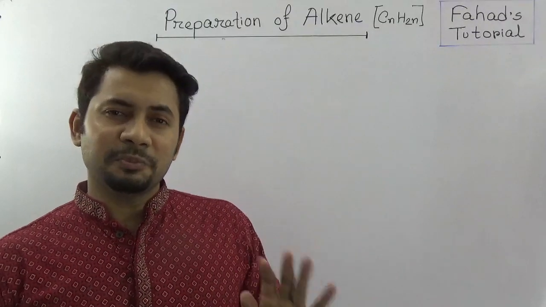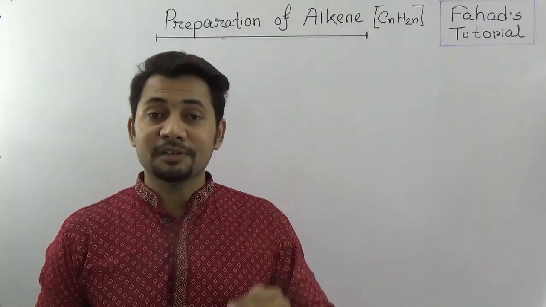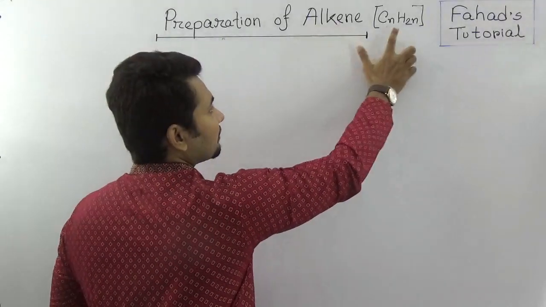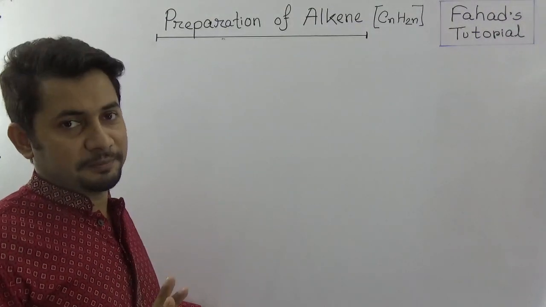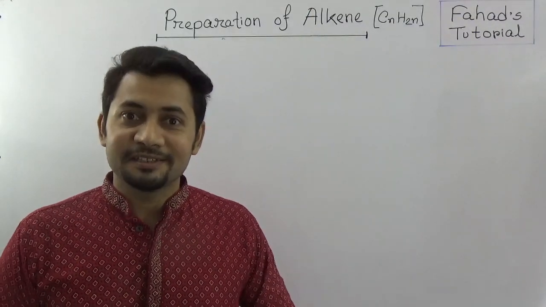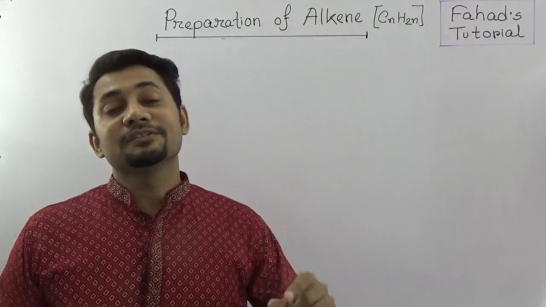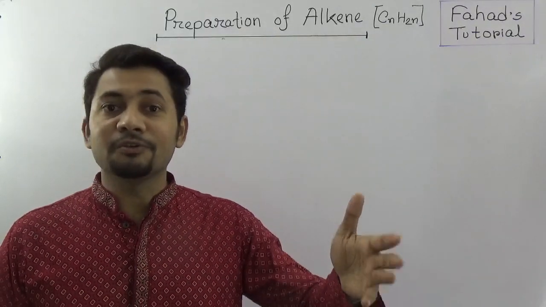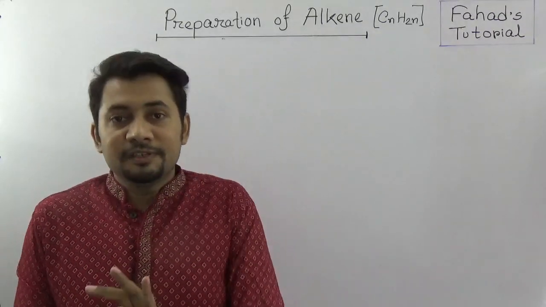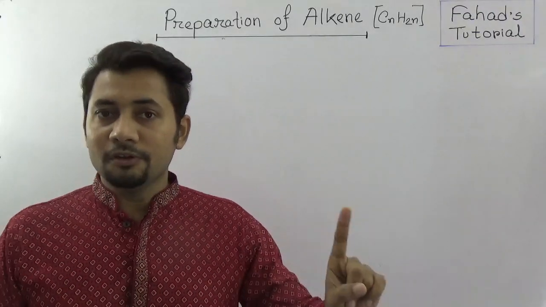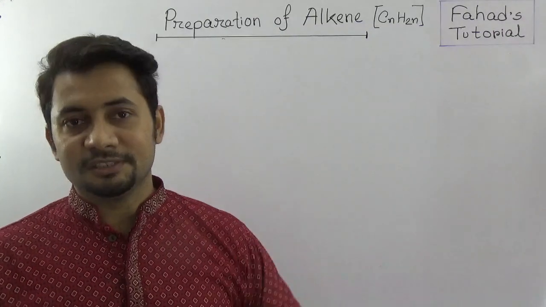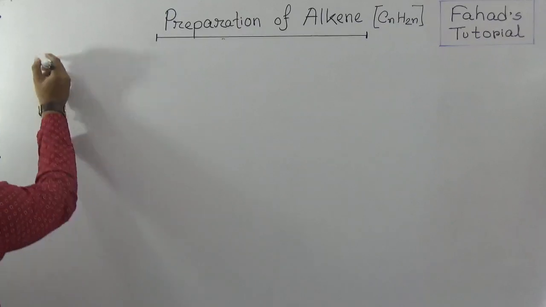In this video, I am going to explain 4 different steps or processes by which we can produce alkene. Simply, I hope you know that the general formula of alkene is CnH2n. And of course, in the previous video I uploaded the naming process of alkene based on the IUPAC system in 1993. So I hope you know about ethene, propene, butene, pentene, hexene. If you know the names of alkenes well, then now is the time to focus on the preparation process of alkene. So number one is